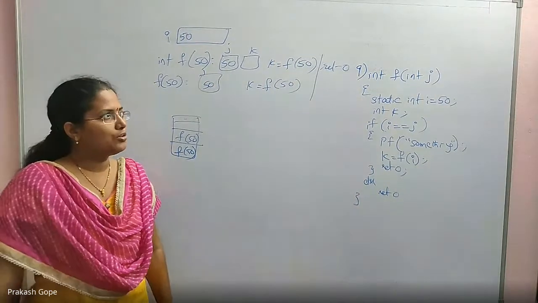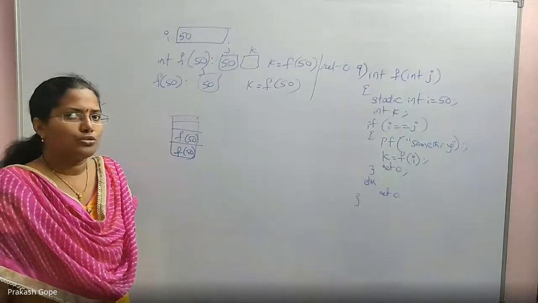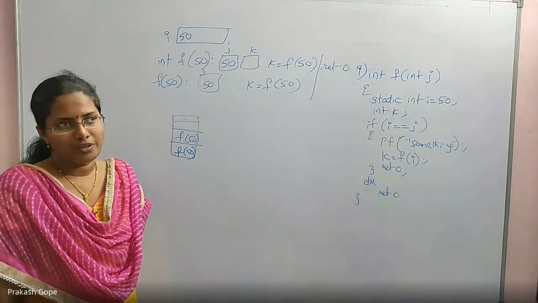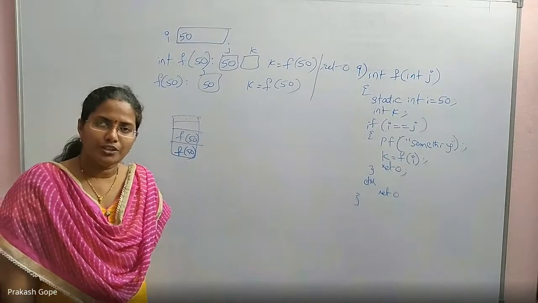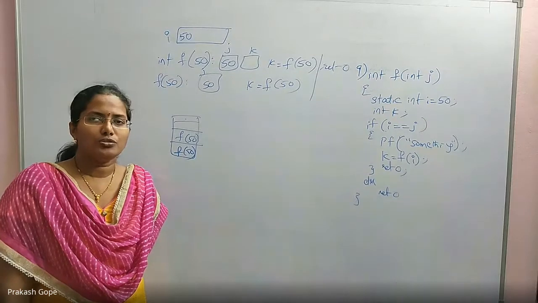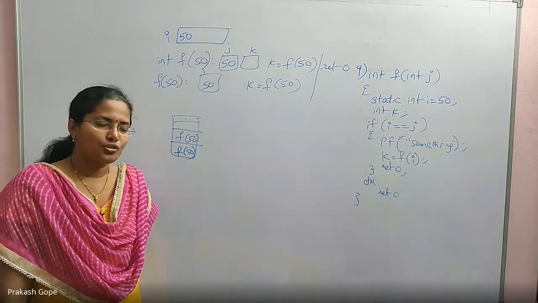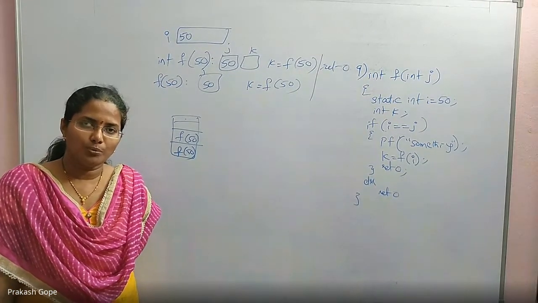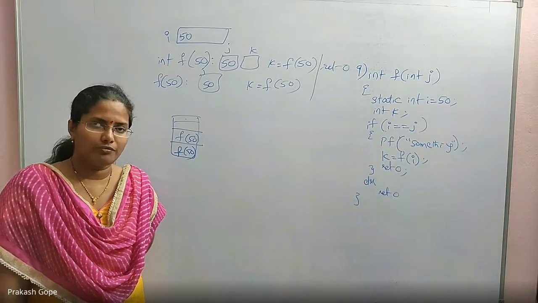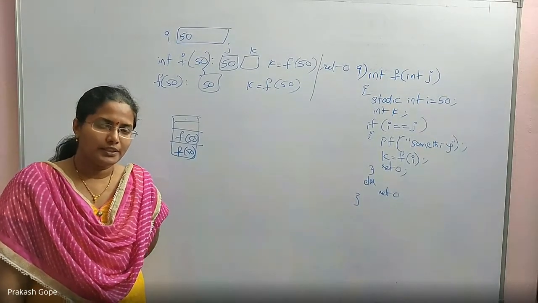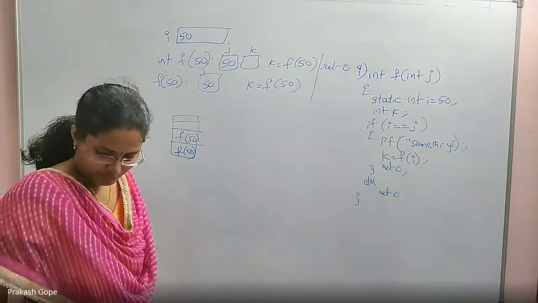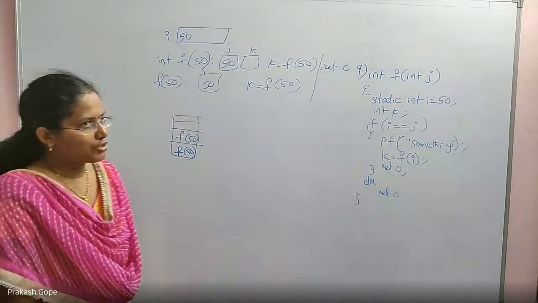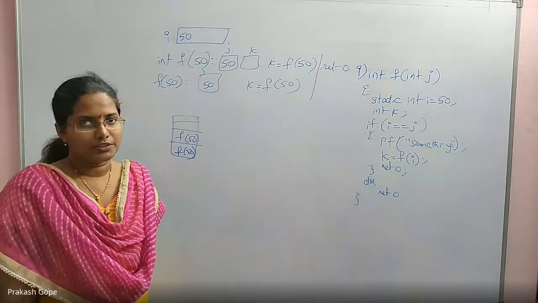So that is about storage classes. We have completed basics of C programming. Then in functions we have finished recursion and storage classes also. The next concept is static and dynamic scope. We will finish that today and then we will start parameter passing techniques. So there are two more concepts under functions: static and dynamic scope, and parameter passing techniques.